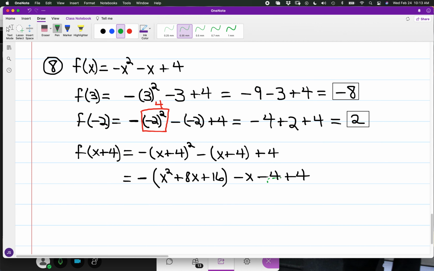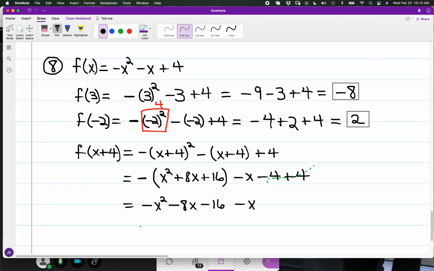And you can go ahead and get those constants to go out. And following through, we have the negative of the square of x plus 4. So I'm going to change the signs here for this trinomial. So we're going to have negative x squared minus 8x minus 16. And having gone ahead and canceled out negative and positive 4, I have just negative x